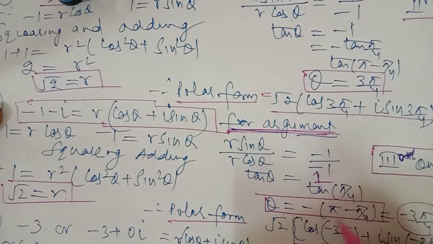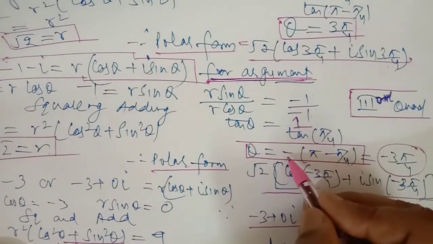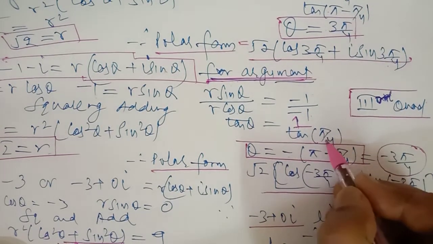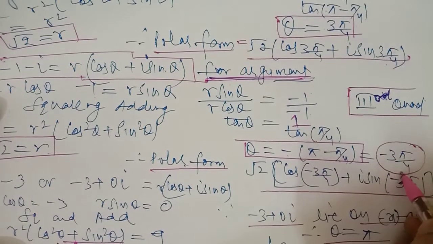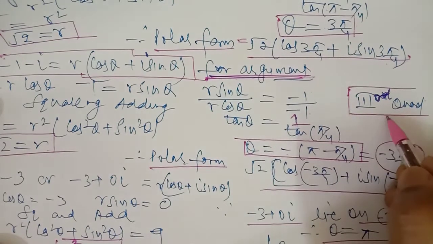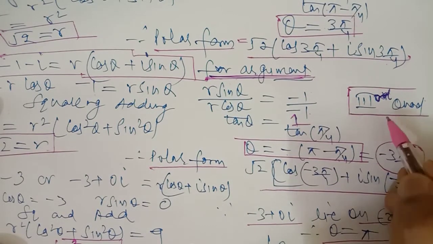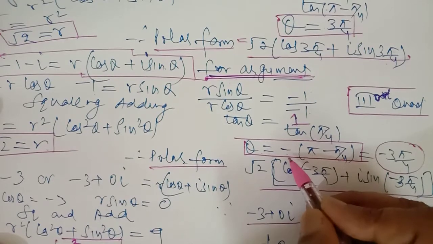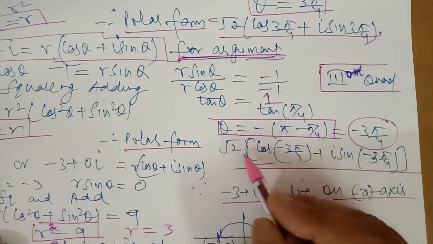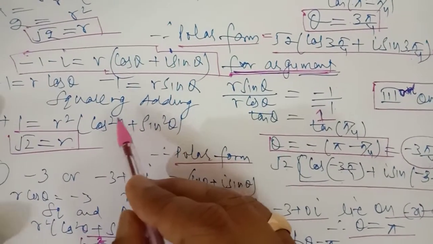So tan 45, when you have to convert into the third quadrant, as we have already discussed, you have to write minus (180 minus theta). So pi minus pi by 4, theta is pi by 4. So 3 pi by 4 is the value here. When the complex number is in the third quadrant, then the principal solution is minus (180 minus theta), that is minus 3 pi by 4. So put the values of r and theta in the polar form which we have assumed.